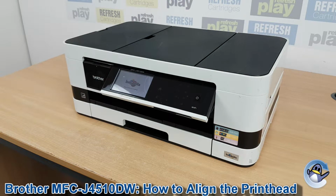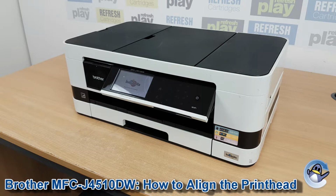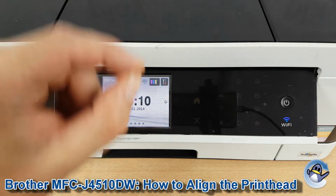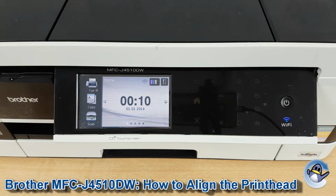Today I'm going to show you how to do printhead alignment on my Brother MFC-J4510DW. Now, printhead alignment is a good way of resolving kind of fuzzy looking prints, or even sometimes removing vertical lines that you might be getting down your prints. And if you've done cleaning cycles and test pages and you're having trouble shaking the print quality issue, I'd recommend